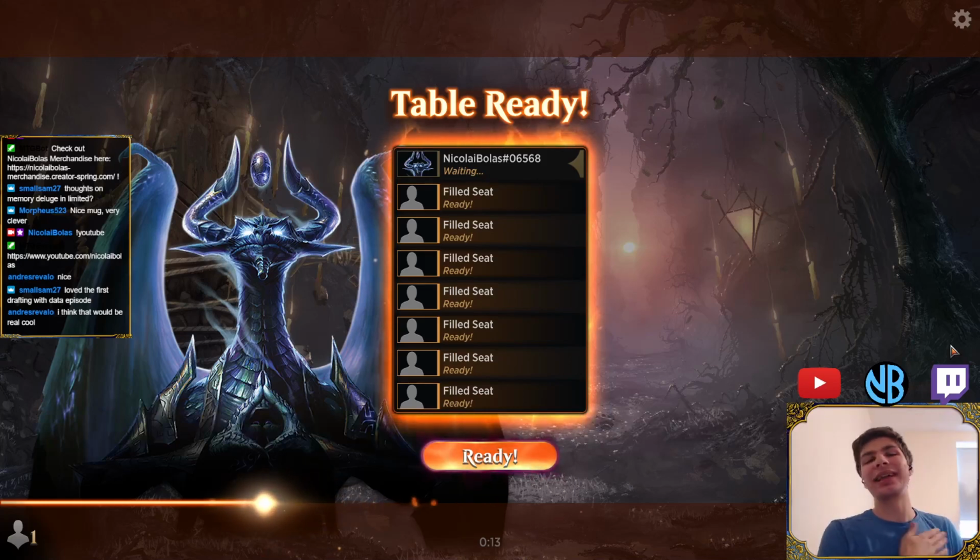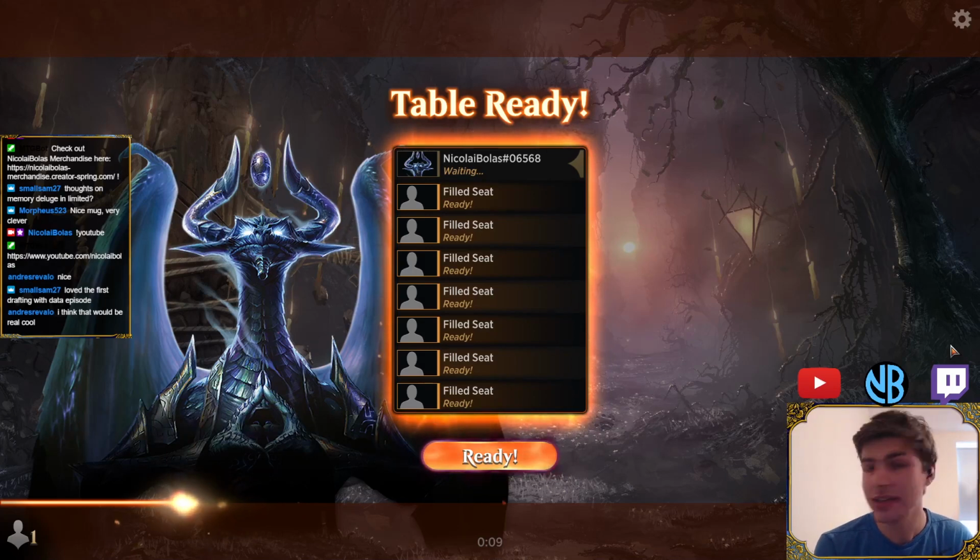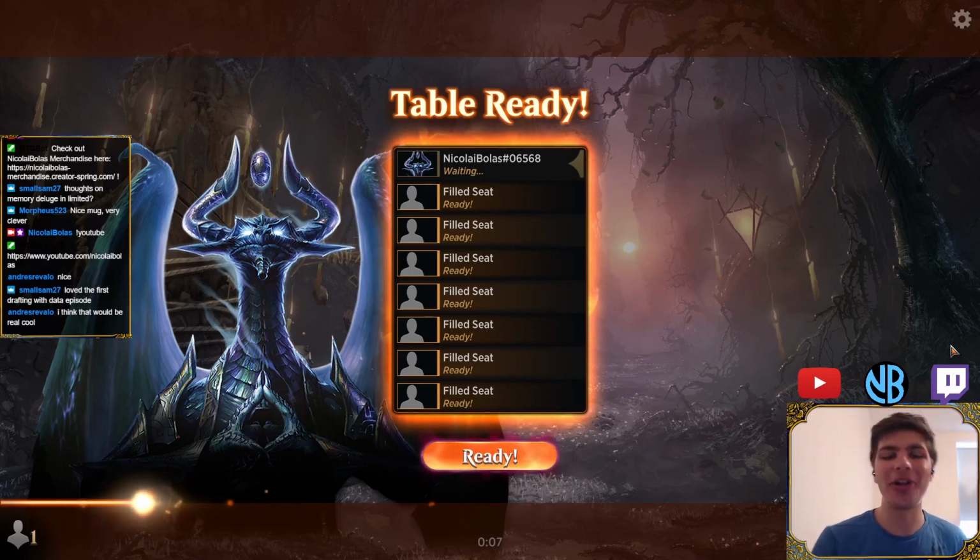My name is Nikolai, and in this video, I will be taking you pick by pick and play by play through a draft, in Diamond, no less, and talking through all of my decisions so you know what to do